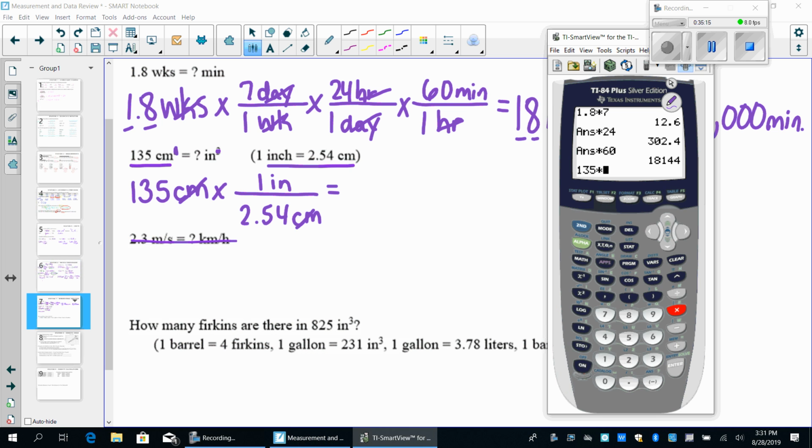And I can just multiply by the conversion factor. For those of you who it just confuses as far as how to set this up, just put it in the calculator exactly the way you see it. 1 divided by 2.54, parentheses, and that comes out to 53.14960. Now, again, you started off with 3 significant figures, so you should round your answer to 3, which would be 53.1